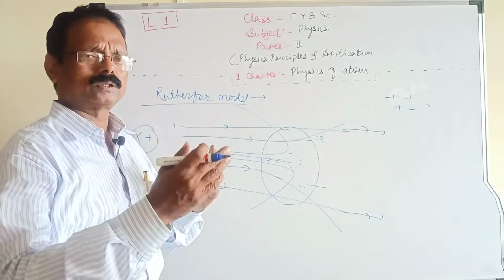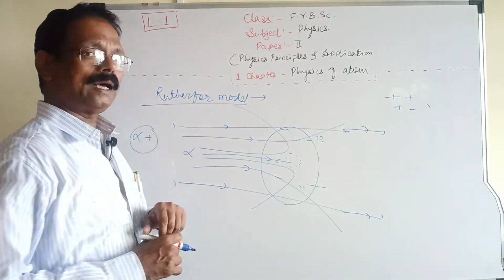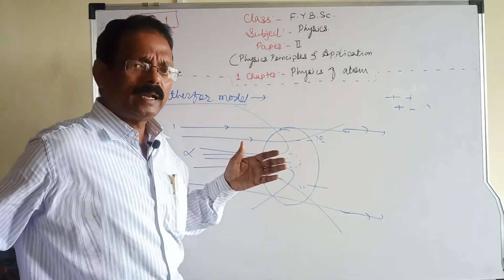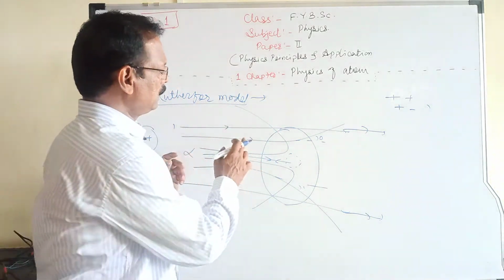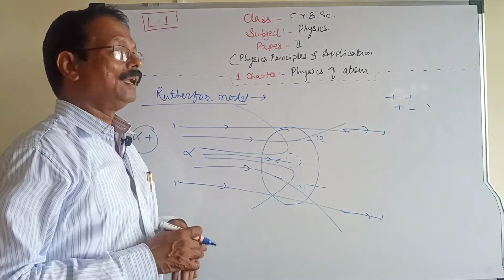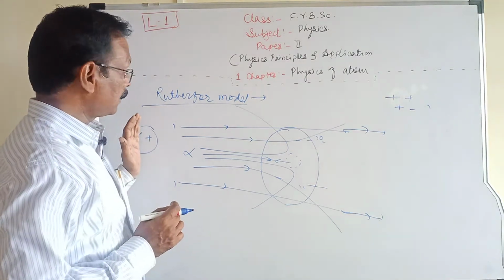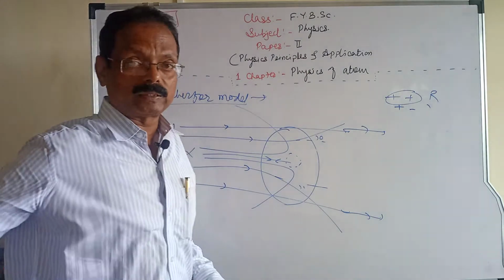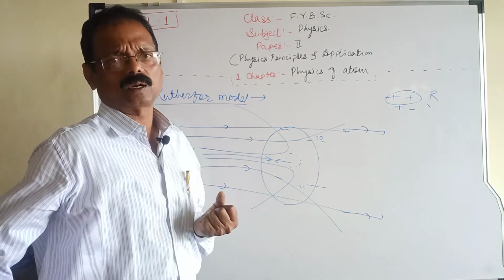So what is that? We will see next. First, the charge of the alpha particle is positive, then what happens? Those rays close to the central portion deviate with a greater angle. As we go towards the central portion, the ray deviates with greater and greater angle. So we have to draw one conclusion from that. The charge of the alpha particle is positive, and there is repulsion between positive and positive. This repulsion means there is somewhat positive material at the central portion of the atom.